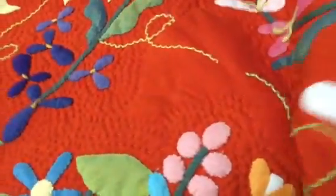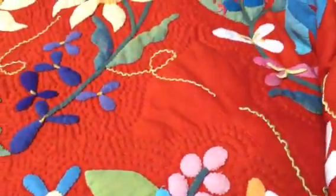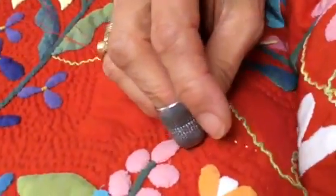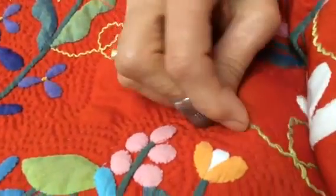Okay, I'll just finish to the end of this curve so you can really get a good idea of what I mean. If you're quilting my work, I've gone through a tendril, but on the whole, I tend to sort of